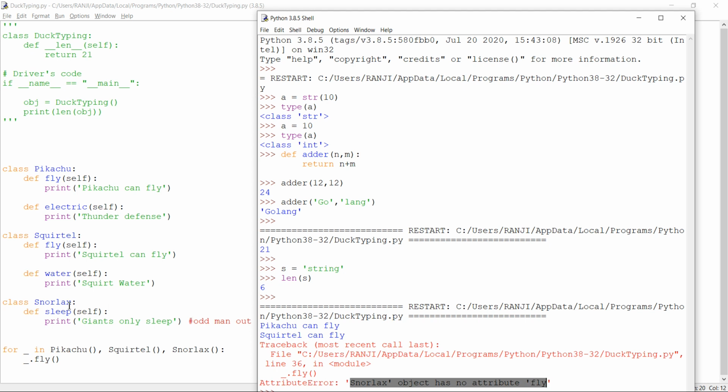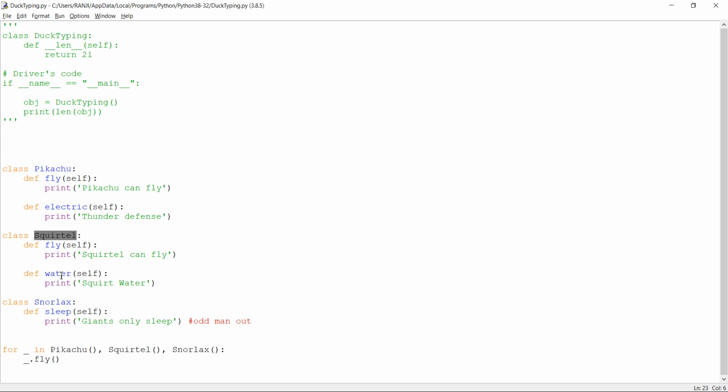Just being an object or just being Snorlax, it cannot fly, because these Pokemons don't have a base functionality like a generic type, but instead they can fly also. So if you consider this Pokemon, it is not a flying Pokemon, but it has the ability to fly. Okay, so that's basically all about duck typing.